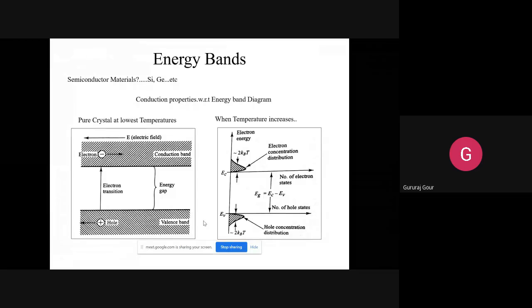So the moment the electrons in the valence band get energy, they become free. Before they become free, they start bombarding and vibrating. It's something like if you are standing in a queue and somebody pushes you from the back. You won't suddenly fall. That energy will go from one person to another, then you will fall after some time. The same thing is happening here.